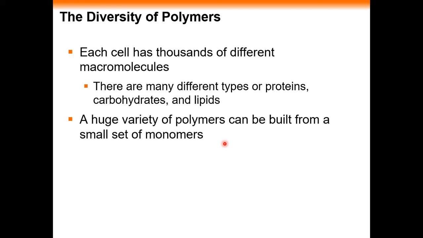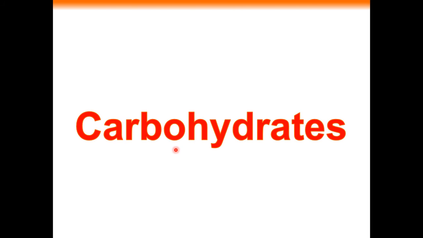So our cells are made up of tons of different macromolecules. We have a bunch of different proteins, quite a few different carbohydrates, quite a few different lipids, right? And even though you have this crazy number of polymers, you only have a few monomers to build those with, because it's all based off the arrangement, right? You have a bunch of words, but you only have 26 letters, the monomers, to build those words, long chains, like polymers. So now we're going to begin and look at carbohydrates,